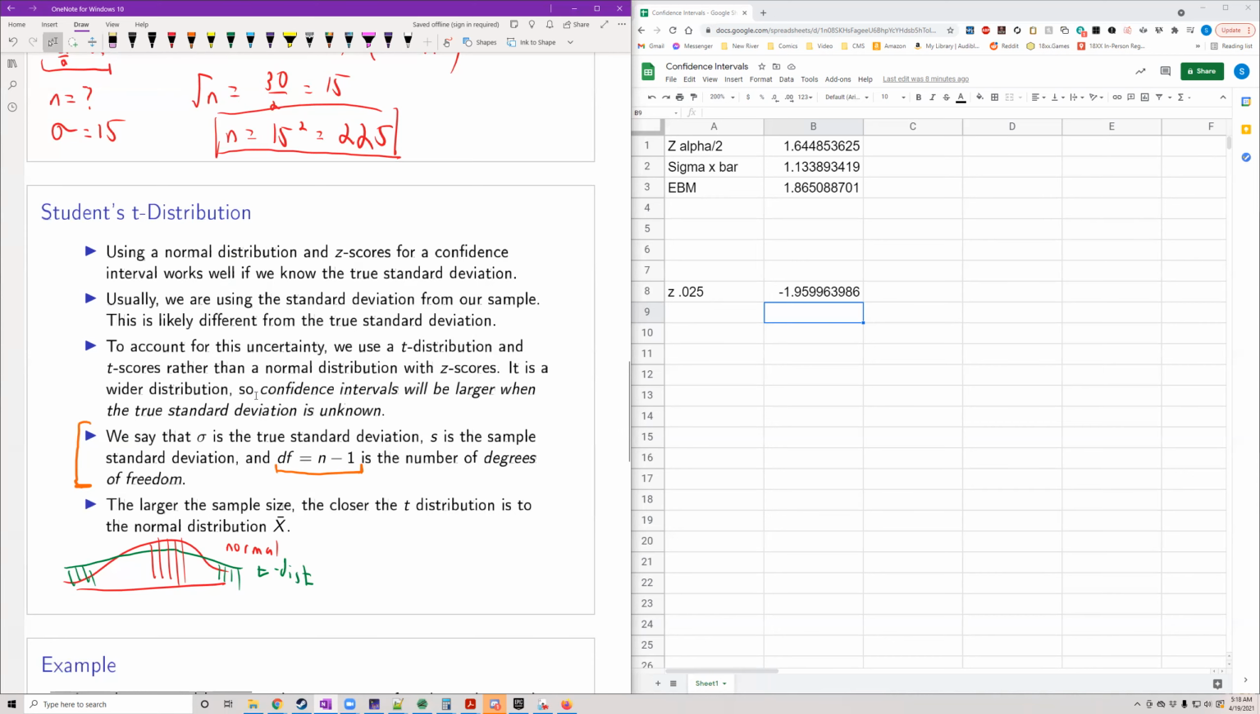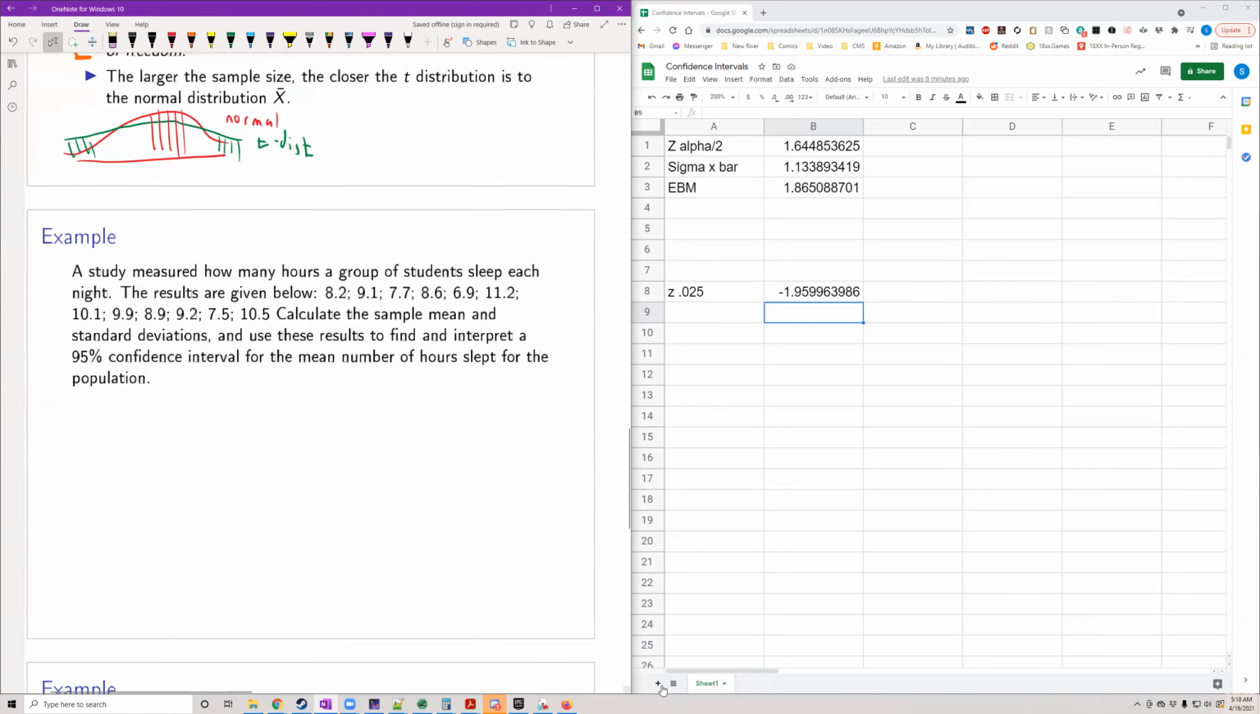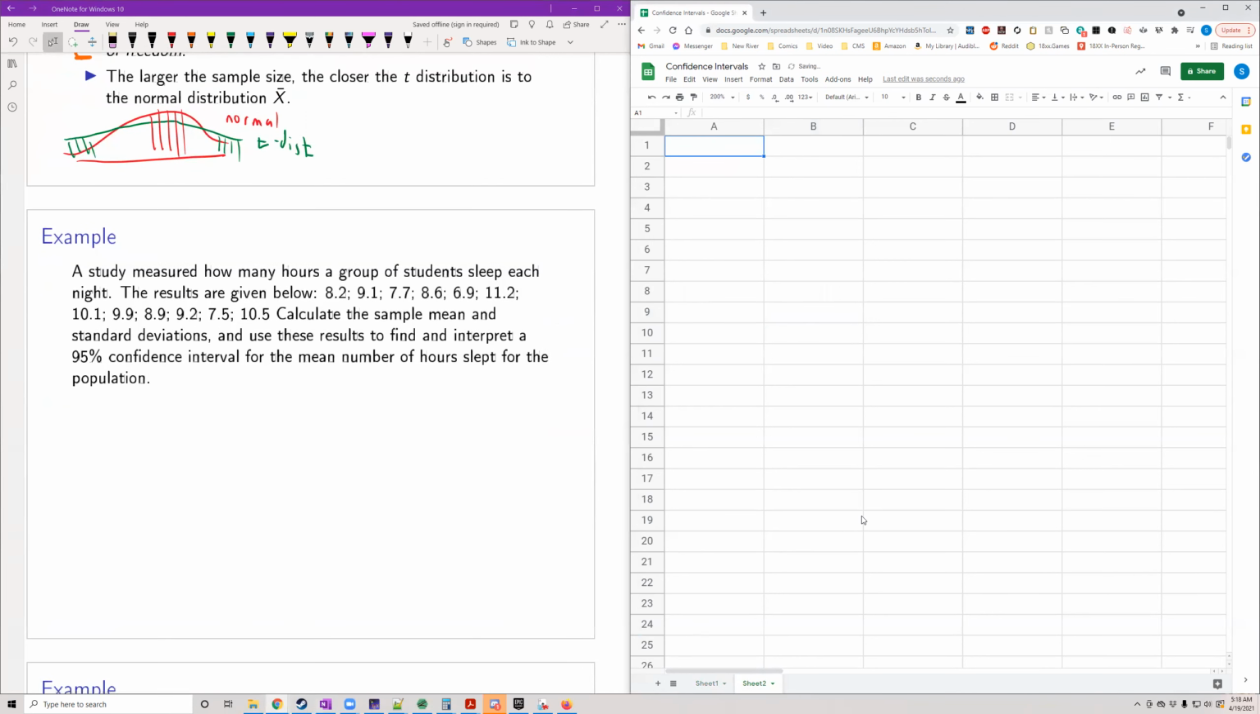In any case, let's go through an example. A study measured how many hours a group of students sleep each night, and we have the results given below. Let's go ahead and copy this down. So 8.2, 9.1, 7.7, 8.6, 6.9, 11.2, 10.1, 9.9, 8.9, 9.2, 7.5, and 10.5. We need to find the mean, the standard deviation, and then use this to create a 95%